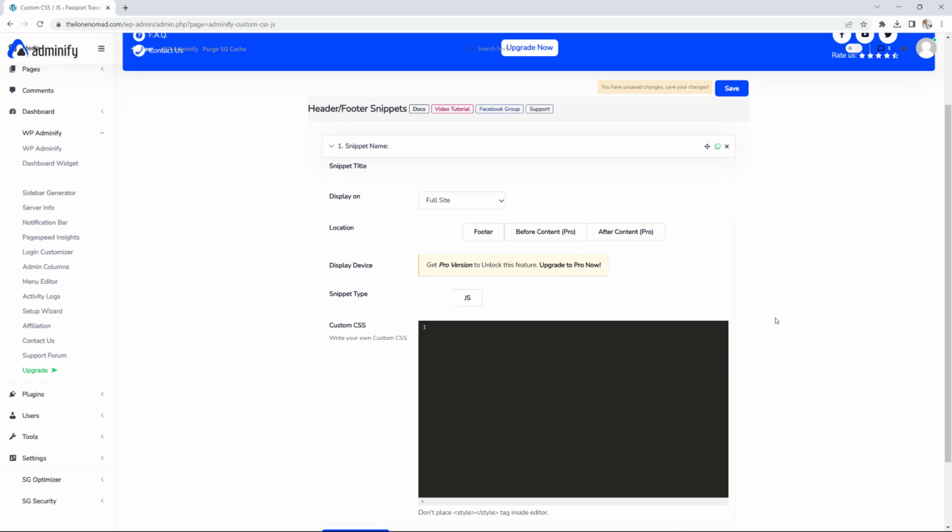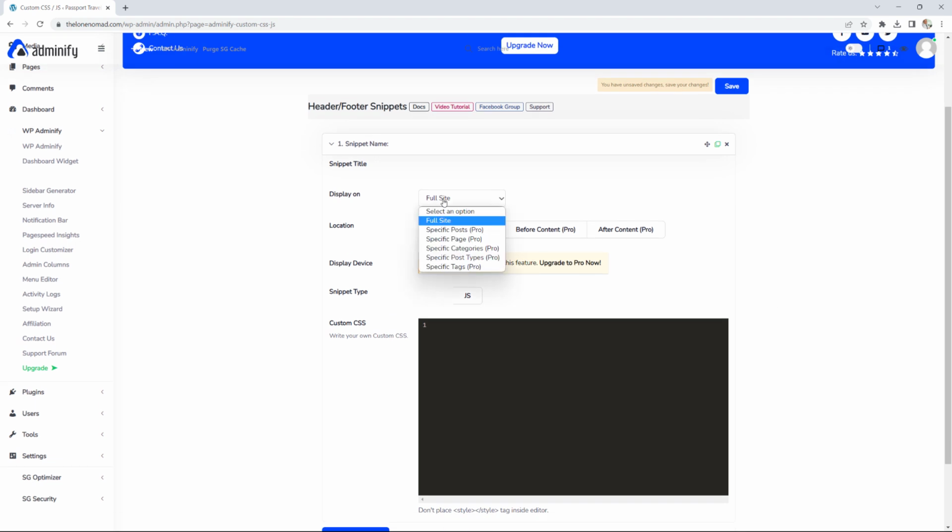Click inside, and then now you can choose, all right, do you want to display this on the full site, or, well, unfortunately, for other options, this would only be available with the paid version of the plugin. But with the free version, nevertheless, you can go with full site, and then you can choose either the header, footer, or if you're going to go with the paid version of the plugin, you can choose to display it before the content or after the content. By default, you don't see header because it's the default option, but if I chose footer, now you can see the header option appearing. So by default, header will be chosen as the location,